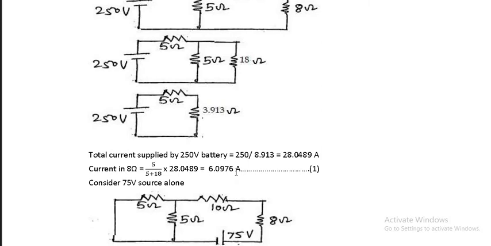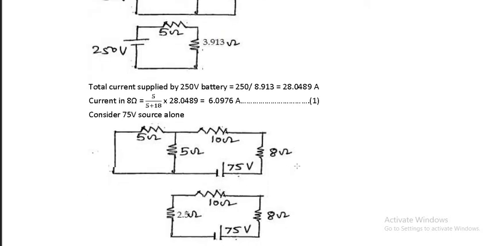Do not ever forget to write the unit, otherwise it will be an unnecessary deduction of half a mark. So remember every time that you will be writing down the units. If it is current, you will have to write down amperes. Now this is the first value. This is the effect from the first source.